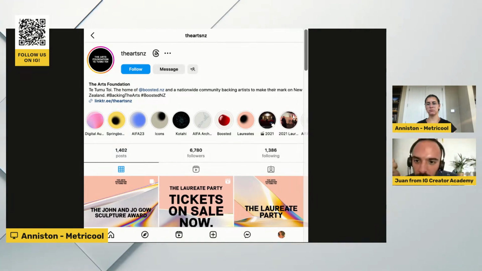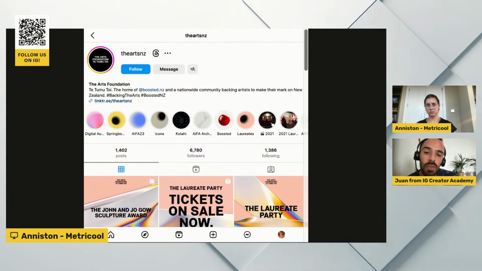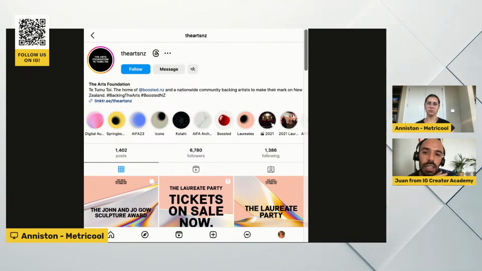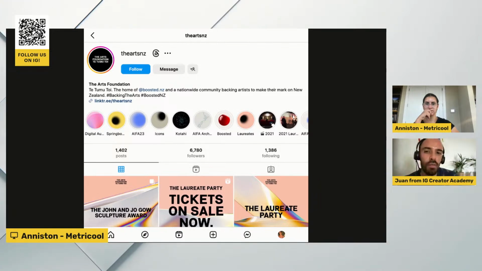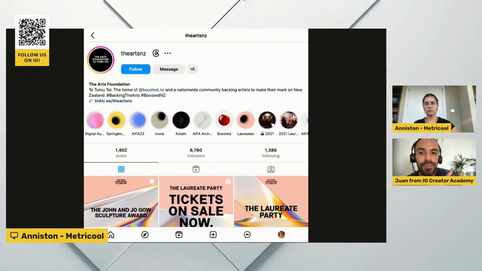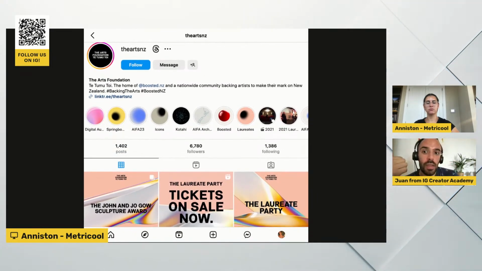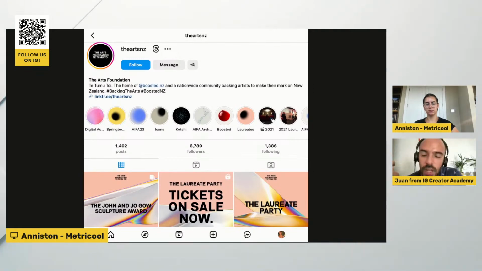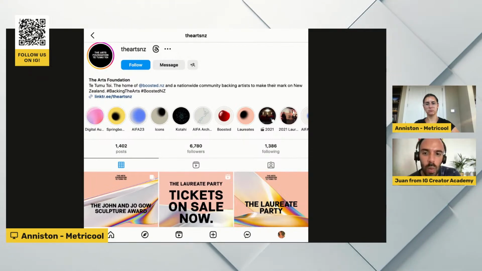So that's good. The Arts Foundation, I can read the other one, but for your profile photo, I don't think that photo really represents anything related to art. I would try to change it, maybe to a photo of one artist or the founder of this foundation, something more artsy, maybe more colorful than just a black logo with white fonts.